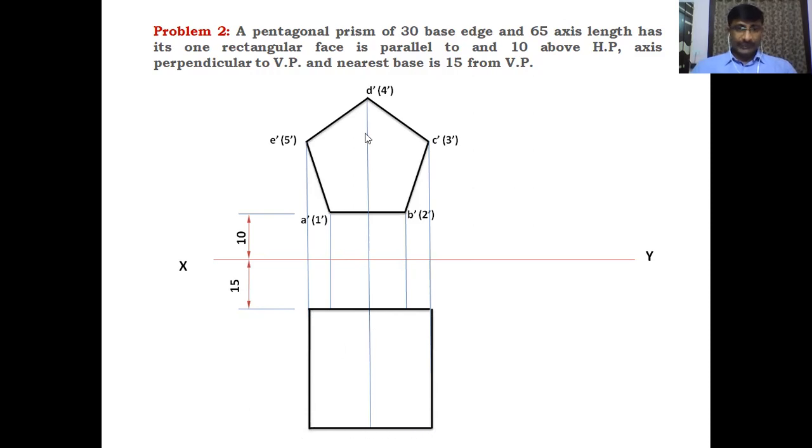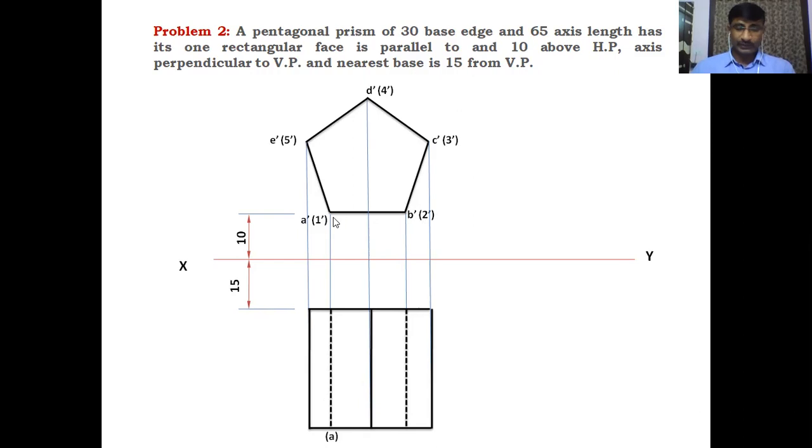The line drawn from this D dash of 4 dash is a dark line, and the line which is drawn from the B dash of 2 dash is a dotted line. It is invisible, and this is also an invisible longer edge, and this is a visible longer edge. That's why I'm drawing with a dark pencil. These two are dotted lines, because the A dash of 1 dash and B dash of 2 dash lines are invisible lines, which will be invisible longer edges. That's why I'm drawing with dark dotted lines.